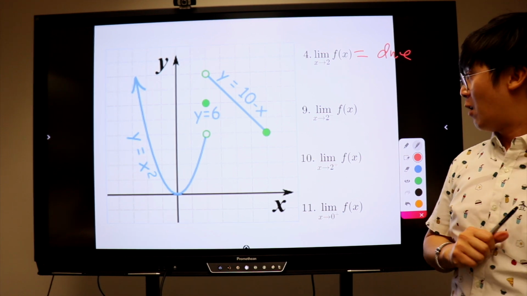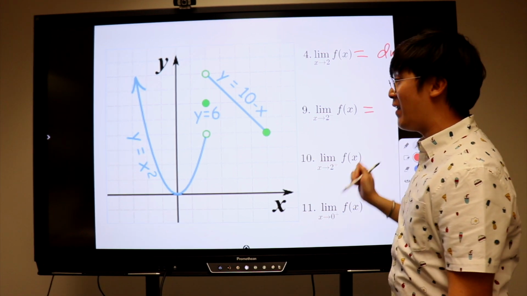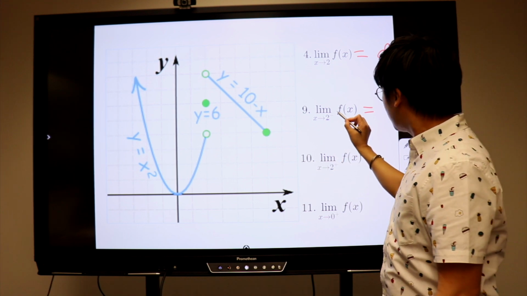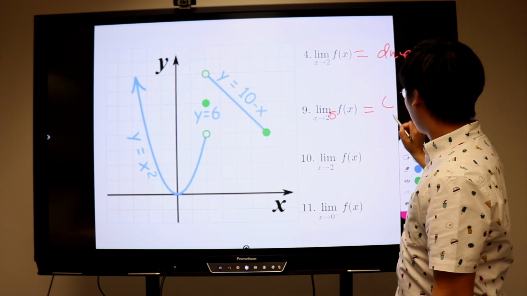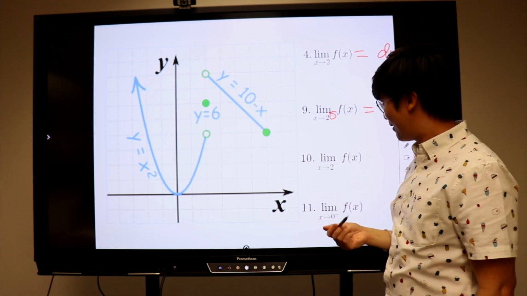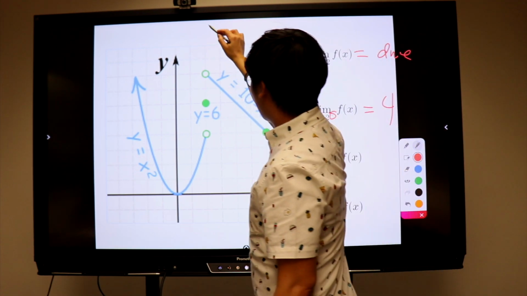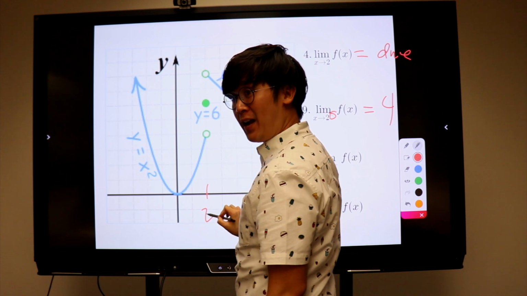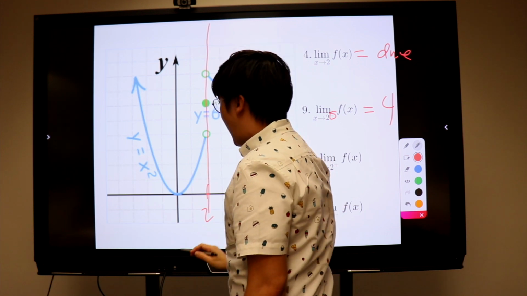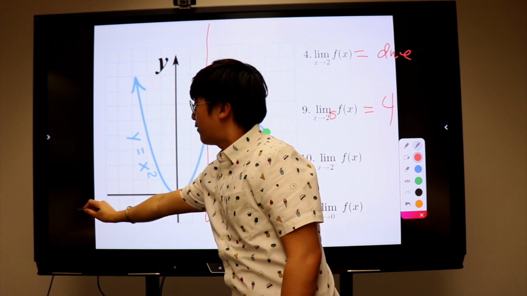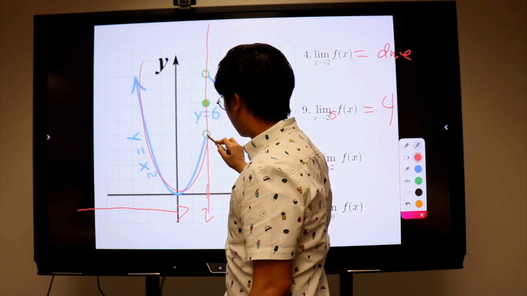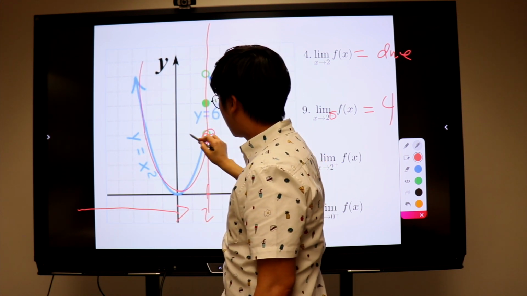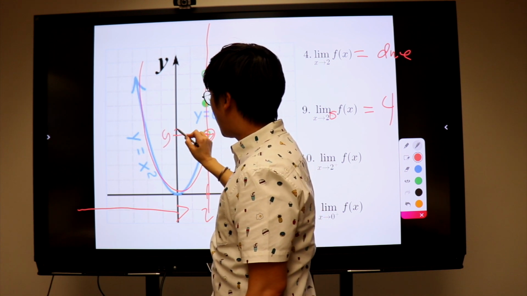No. What do you think is the value now of our limit when we have a special symbol right here? 4. Good job. Easy, right? Because this is x equal to 2, right? And we need just the limit coming from this direction, right? So it's approaching this value of y, which is equal to